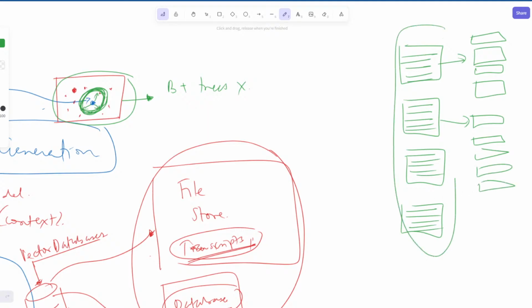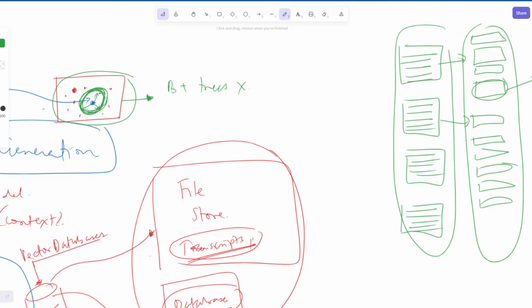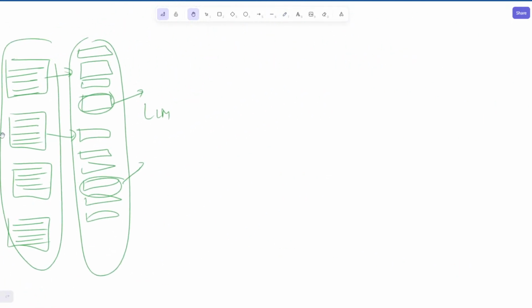So if you have 1,000 documents, you will have now 10,000 paragraphs to go through. And in real time, you will have to find, for an incoming query, which paragraphs are relevant and pass them on as context to the large language model. How do you do this efficiently? What can you do to quickly return the paragraphs which are relevant to an incoming query?